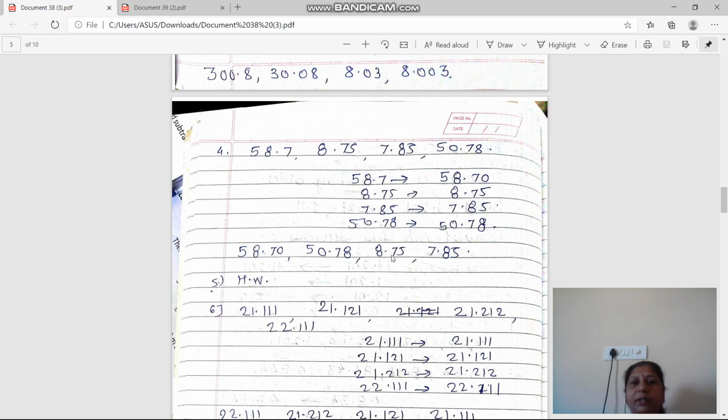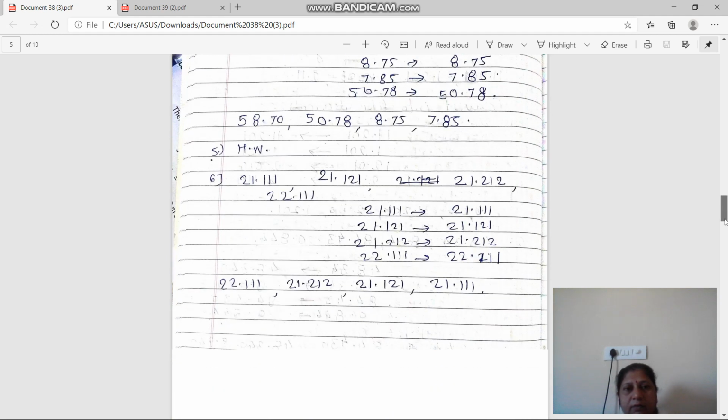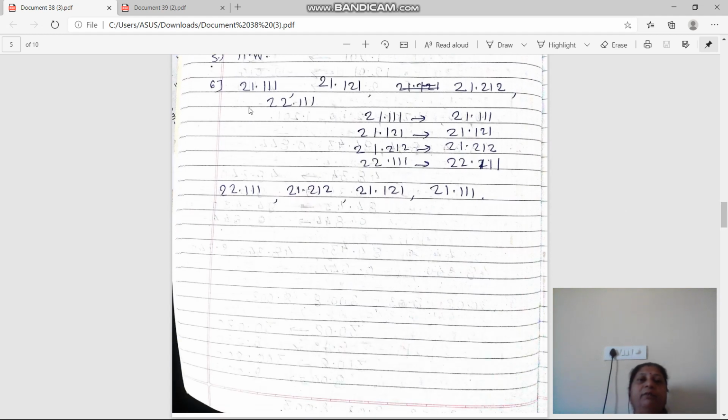Next 8.75 and the last 7.85. Now we will see the sixth one. 21.111, 21.121, 21.212, 22.111. So all are like decimals. Now tell me which is the last